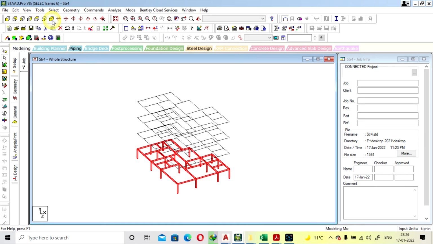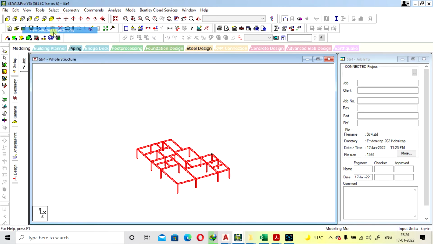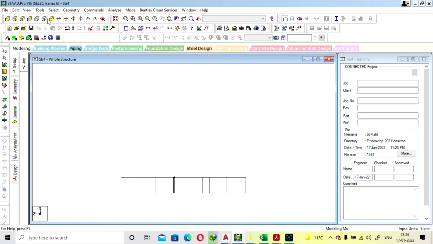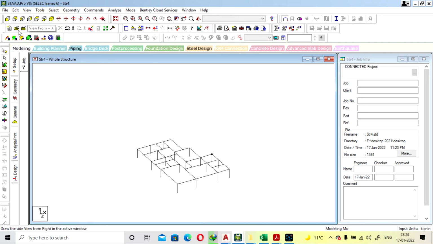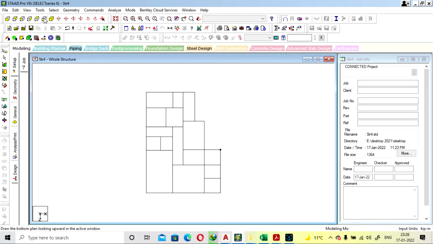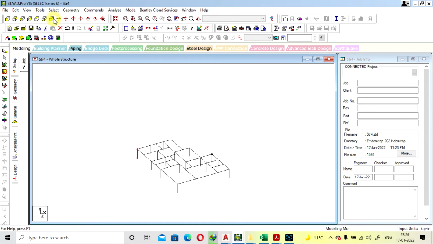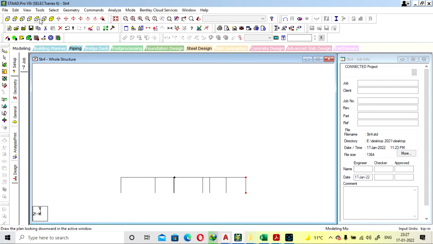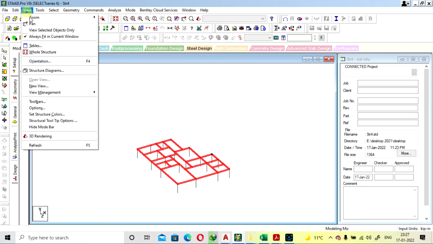Again select the members here. We selected members. Go to selected nodes. Click your column. Just select the beam first. We selected the object.